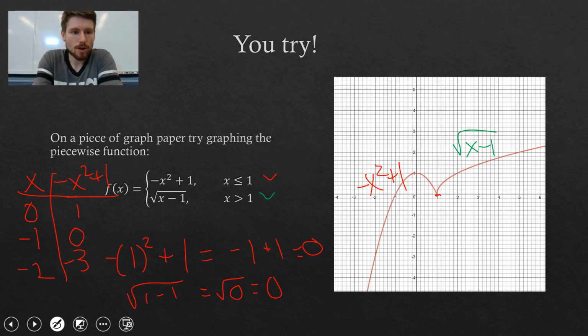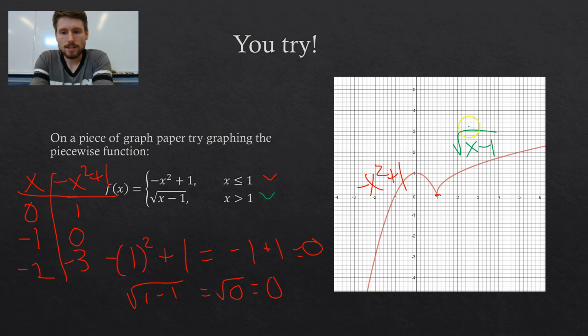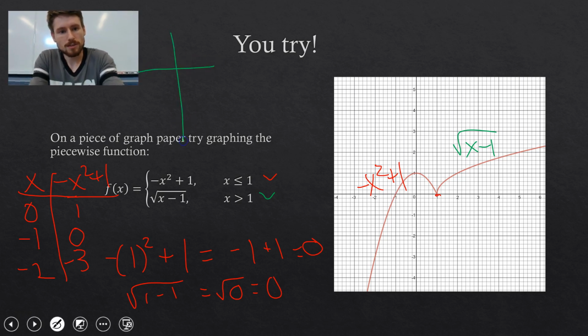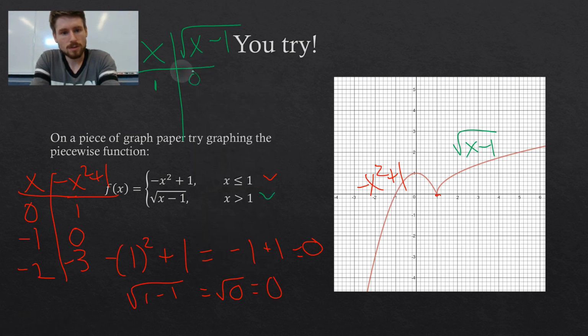And so that's the square root function, but you'll note that it's been moved right 1. So you can also do the same strategy of plugging numbers in. If you were to plug numbers in, here's x, root x minus 1. Some nice numbers are, you can plug 1 in, that gets you 0. If you plug in 2,